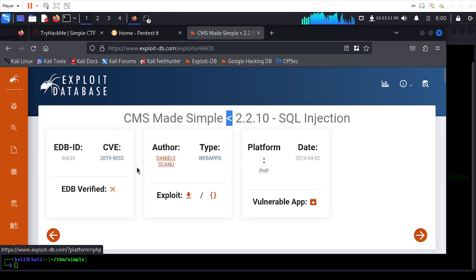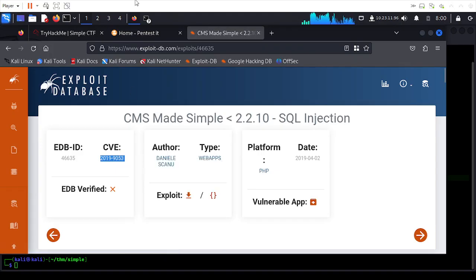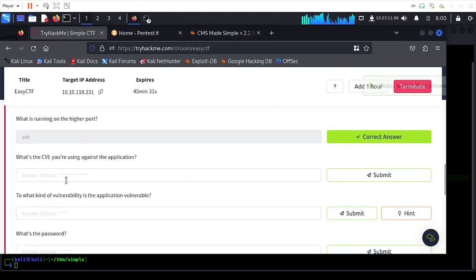So let's first grab the CVE number, which is this. So I'll just grab that. Then let's get back here and answer that question real quick. So what's the CVE? That is